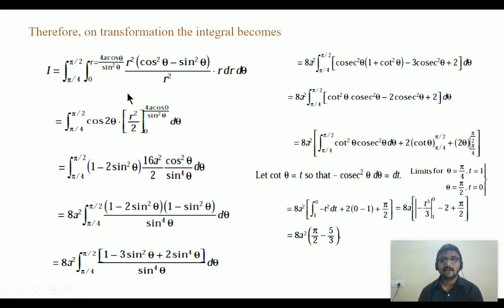So easily we can obtain the double integration by changing into polar coordinates. Don't forget, x is r cos theta, y is r sin theta, and dx dy is r dr d theta. We have to take r, theta limits according to the region. So simply we can obtain the result. Here don't forget, the integration of cosecant square theta is minus cot theta, and the integration of cot theta is minus cosecant square theta.